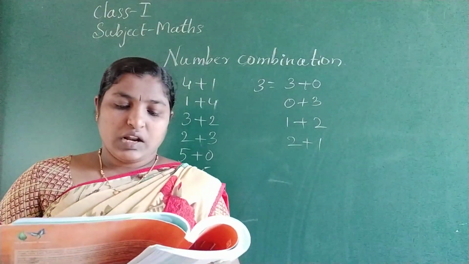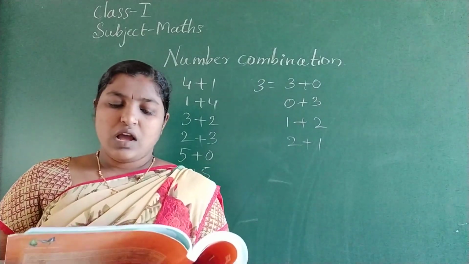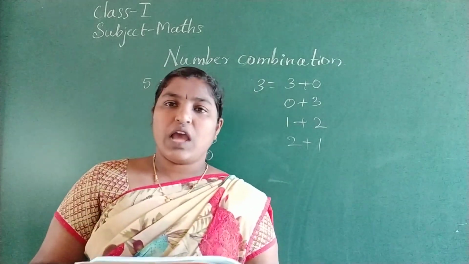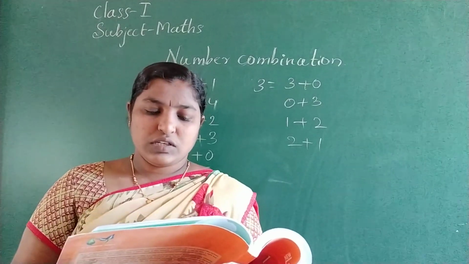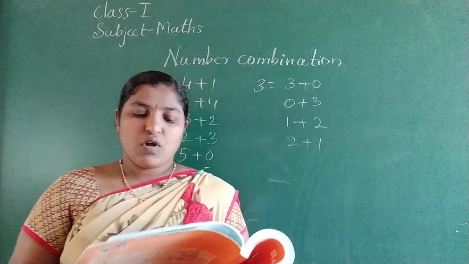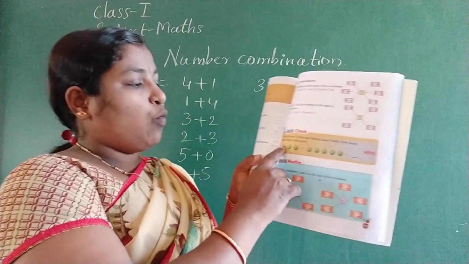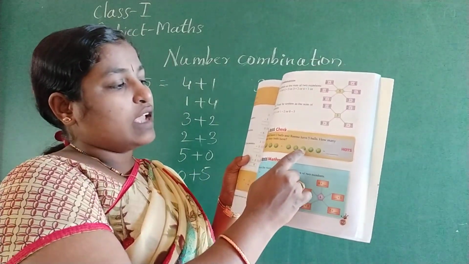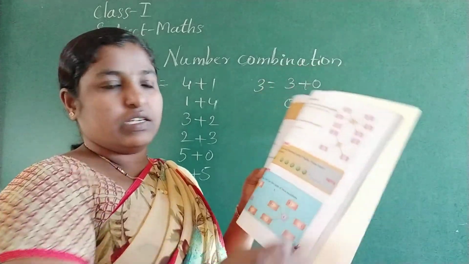Quick check. Rahul has 3 balls and Rima has 5 balls. How many balls do they both have? In the first picture they have given 3 balls. So that is Rahul's balls. And then 5 balls of Rima. All together, count the balls. 1, 2, 3, 4, 5, 6, 7, 8. So you should write here the answer 8.